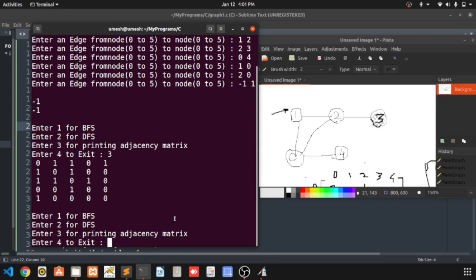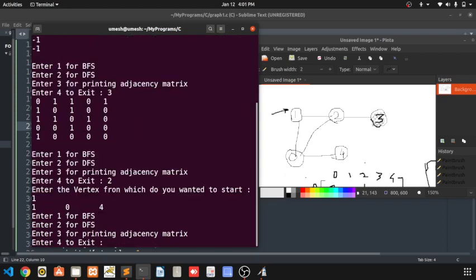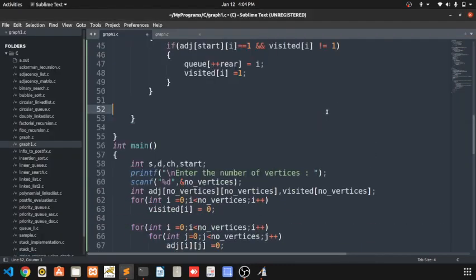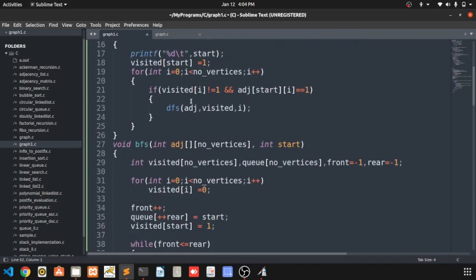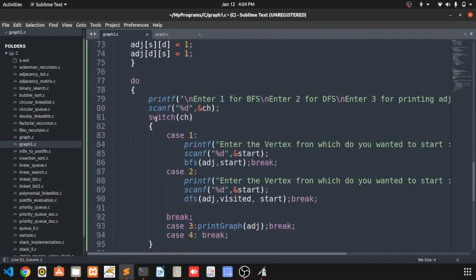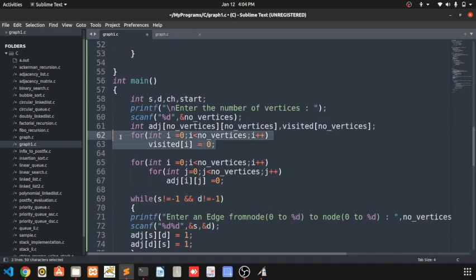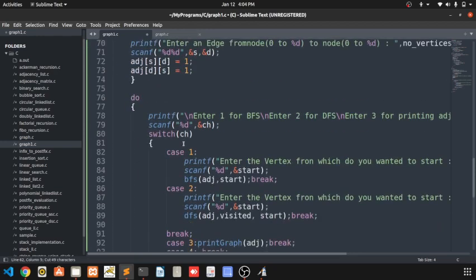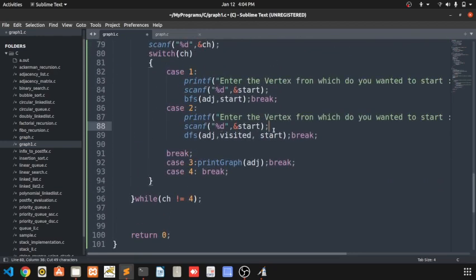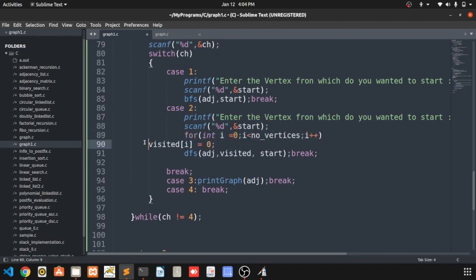So, enter DFS from 1. Again it's saying okay. Yeah, I got the problem. Okay, this function is fine, but each time when I'm calling this BFS, whenever I call, only this loop is initialized, otherwise not of any use. So I'm initializing it to 0 before whenever I am calling it.